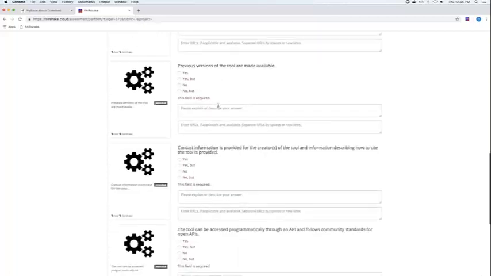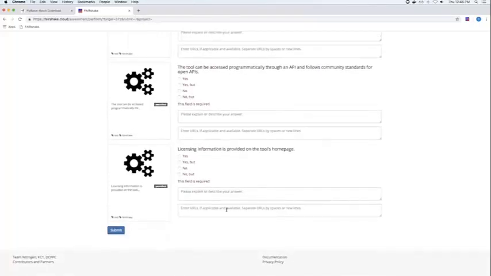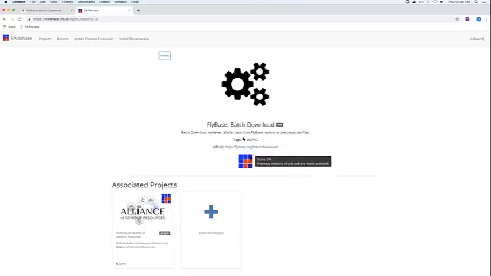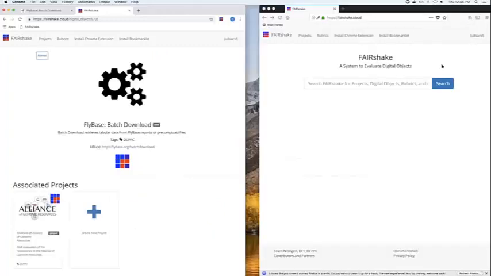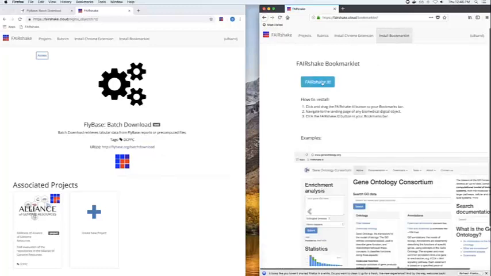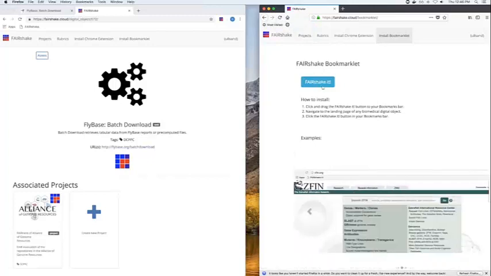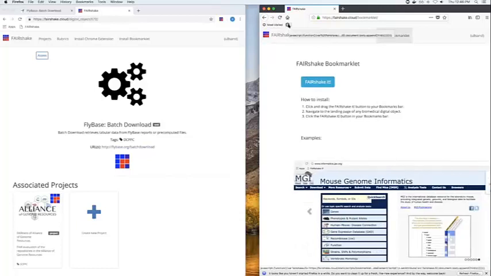And so you can go through this manual assessment of this digital object, and when you're done, you can submit the assessment. I'm not going to do this right now because it's long and arduous, and I have an assessment already for this object. If you don't have Chrome, you can't have a Chrome extension. So in fact, we developed a Bookmarklet. What a Bookmarklet is essentially a JavaScript snippet which comes into a bookmark, right? So we kind of put some fancy JavaScript in the URL of the bookmark.